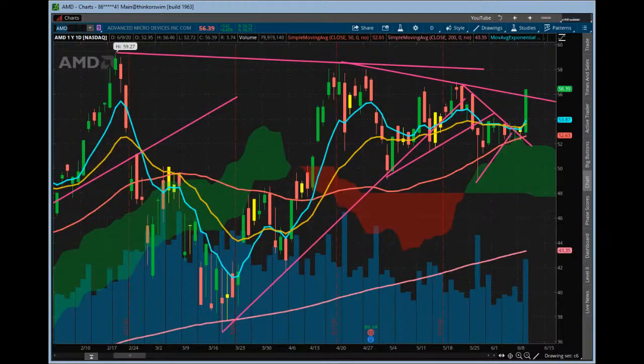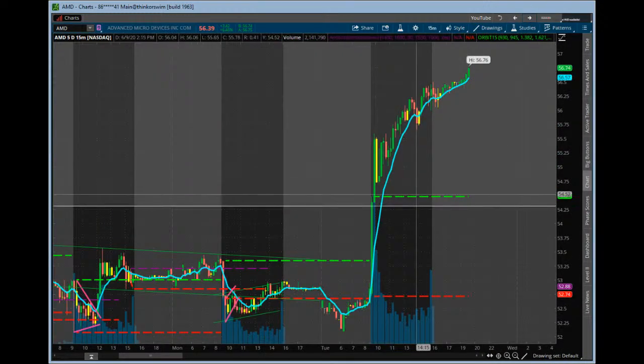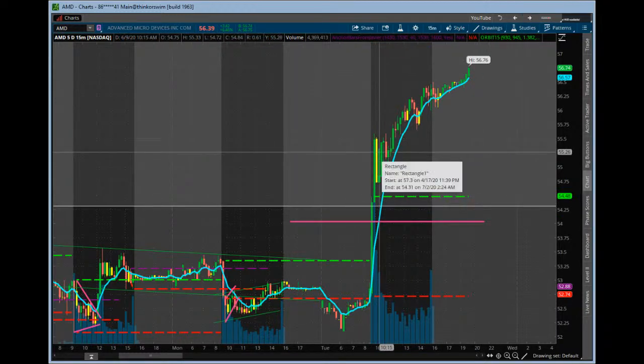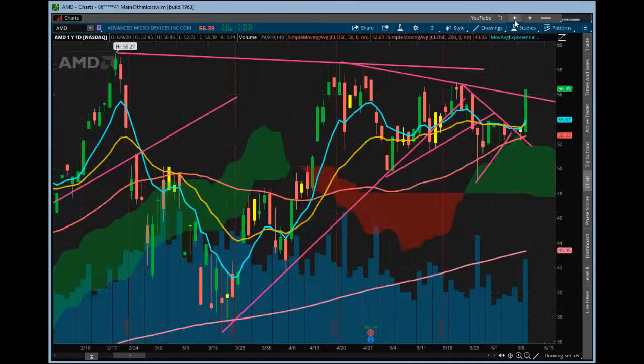AMD, thank you for mentioning the huge one today. This is a big one in the group for us here. Today, nice inside day up. It was also an inside week up, right? So this is a great move right here. Over that 54 level today was such a key level on the intraday. Here's your 54. Once you got above that, there's your inside week up, and it just drifted up so nicely there and drifted up nicely after hours as well. Huge candle today.